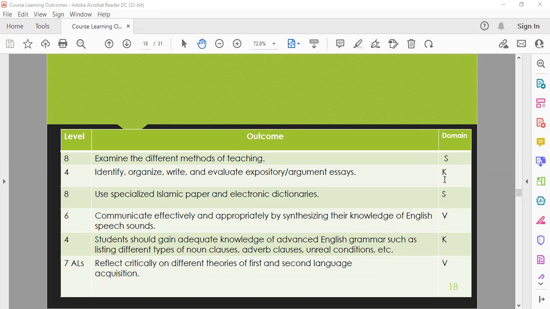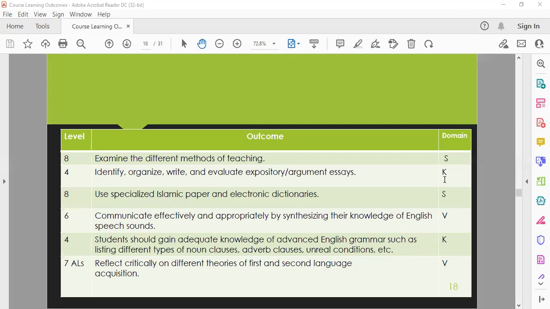So how many verbs do we have here? And do they only fit, as Hassan mentioned, the knowledge level? Yes, what Hassan has mentioned is absolutely correct. The other problem is how are we going to measure this outcome with these different verbs? So this is another problem. Then for the third one: use specialized Islamic paper and